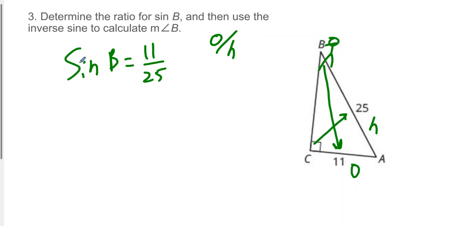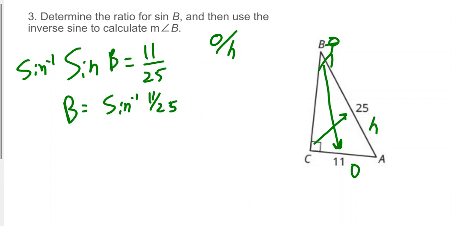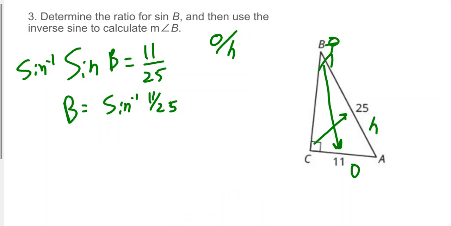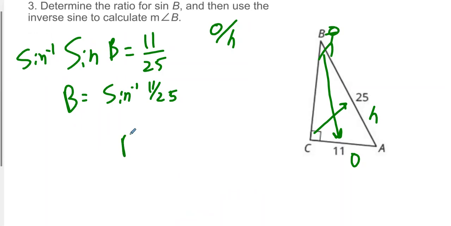How do I get rid of sine? So B is by itself. Inverse sine. So B is the same thing as inverse sine of 11 over 25. I go to my calculator and I do inverse sine, second sine, 11 over 25, and I get 26.1 degrees. So B